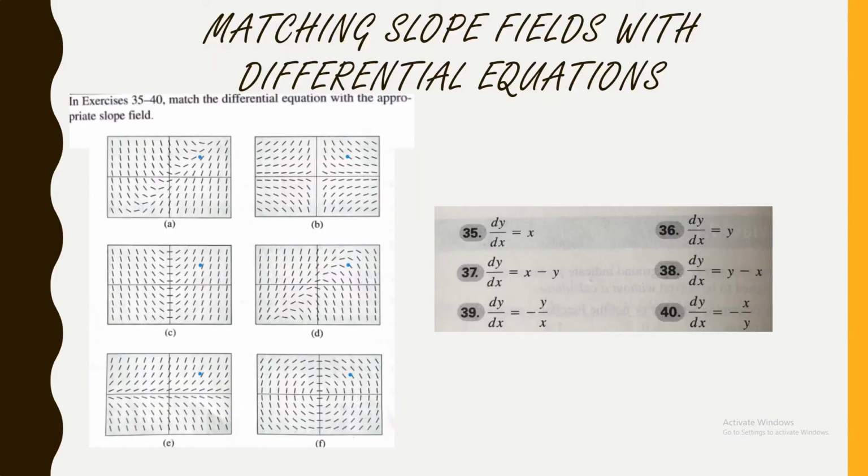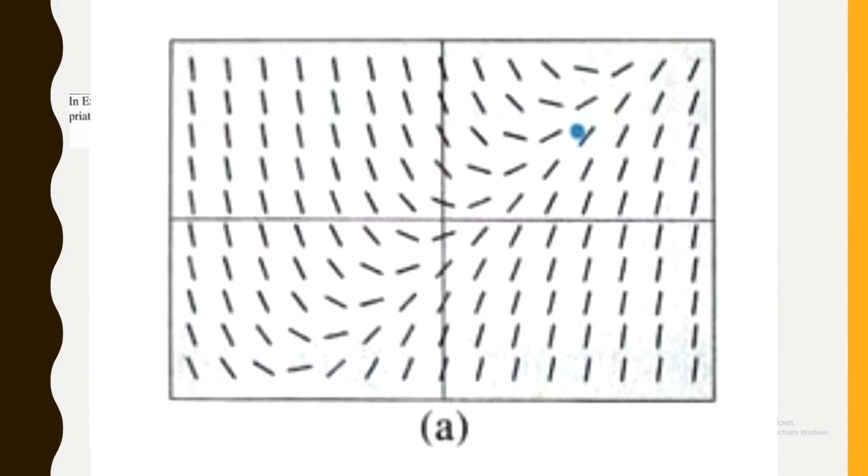37 is dy/dx equals x minus y, where x minus y equals 0, thus making x equal y. And because x equals y, we can discard B and E because they have slopes of 0 at all points on the x-axis, and then we can discard C and F because they have slopes of 0 on all points on the y-axis. We're left with A and D as our choices, and then we can use our point (3, 2) and plug it into our differential to get 1. Because it's positive, the slopes around it must be positive too, and